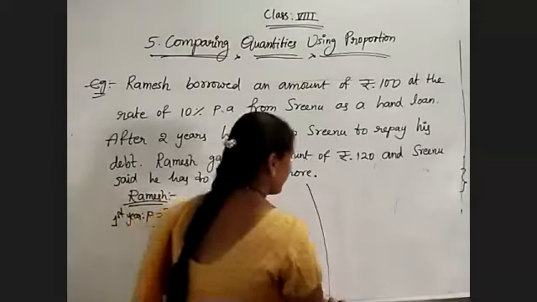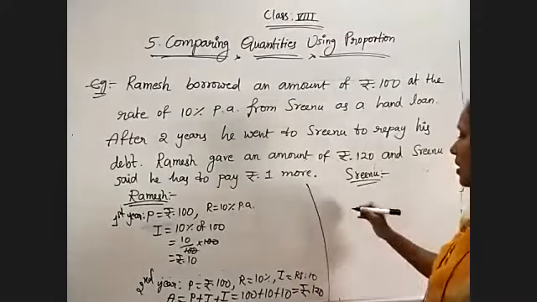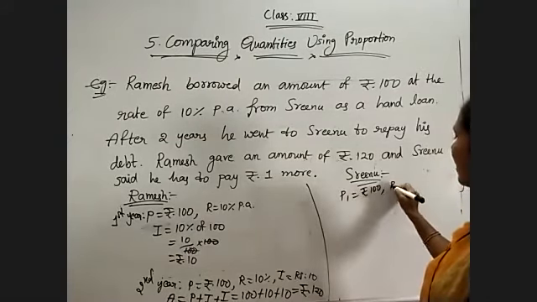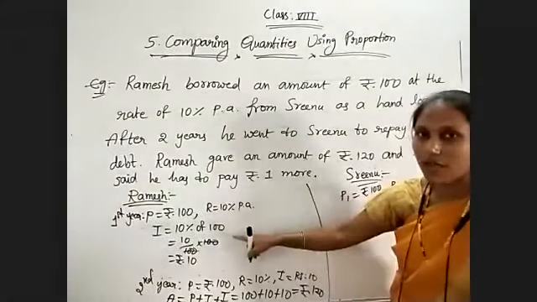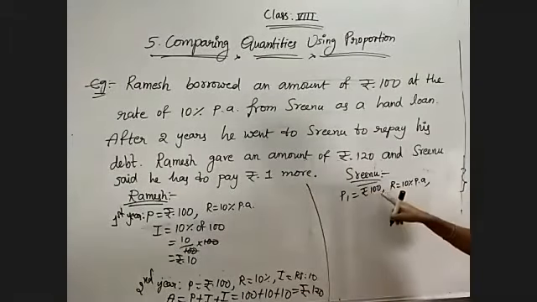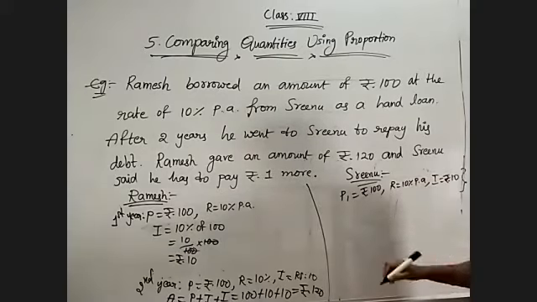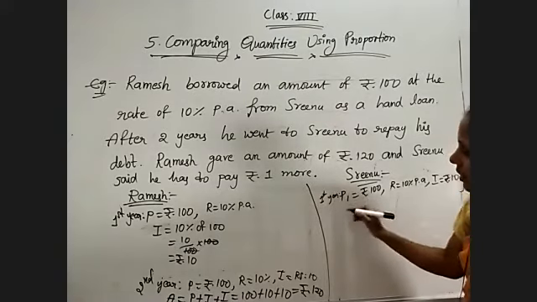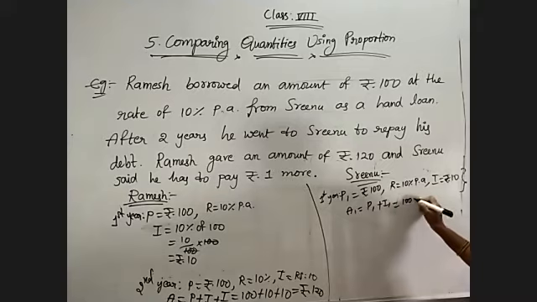Now coming to Srinu's method. How has he calculated, and why is he getting 1 rupee more? Observe this. According to Srinu, first the principal is 100 rupees and rate of interest is 10% per annum. So just as we got interest as 10% of 100, here also it is 10% of 100 only. Means for the first year there is no change, interest again we will get 10 rupees itself. Coming to the amount for the first year, amount will become principal plus interest, which is equal to 100 plus 10, which will be equal to 110 rupees.